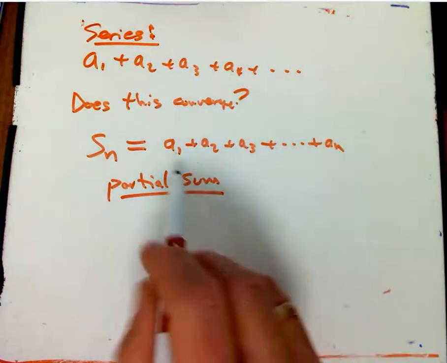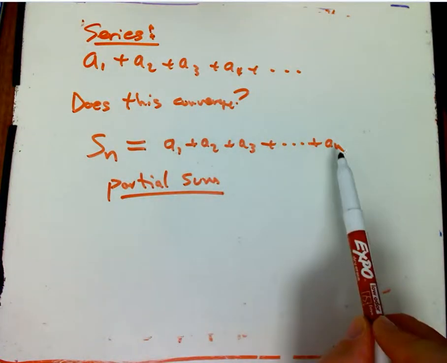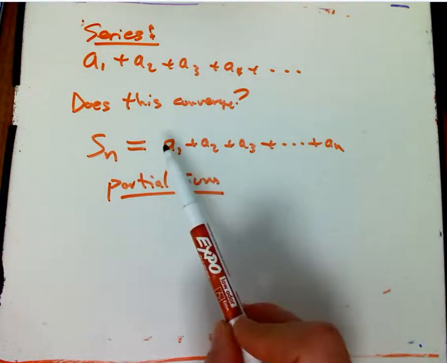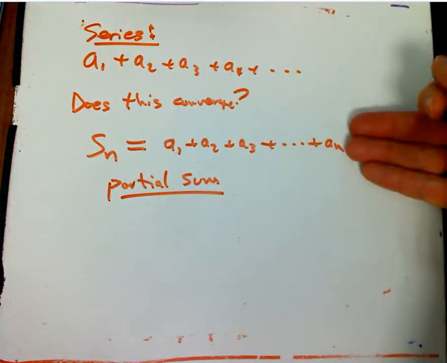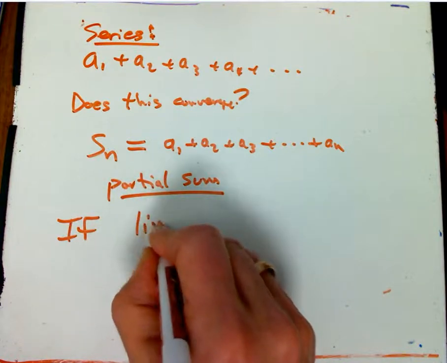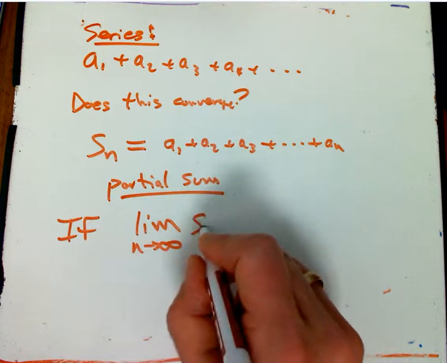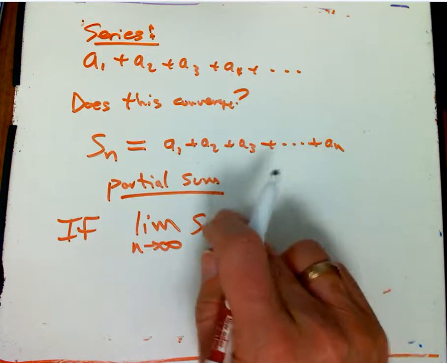And so right now we're not actually adding up an infinite number of things at all. And we never actually really do try to add an infinite number of things together. You just look at the pattern in adding more and more finite things together. And then if the limit of that sequence of partial sums exists, this is where you need to know something about limits of sequences. If this exists,